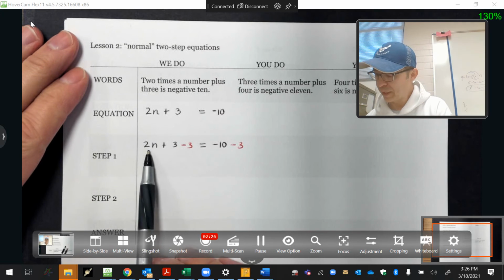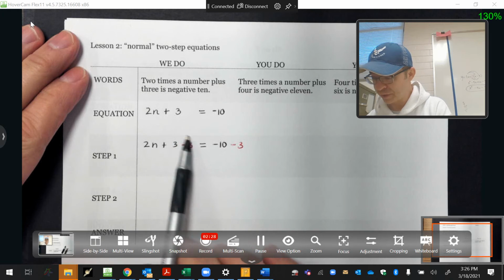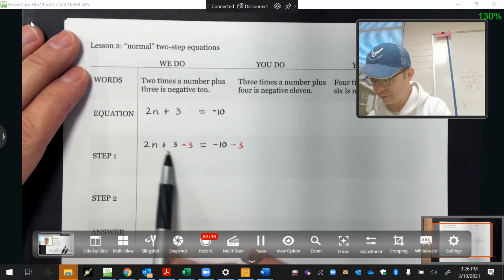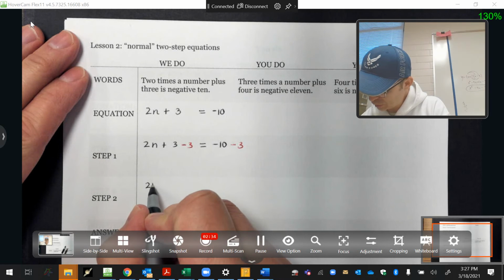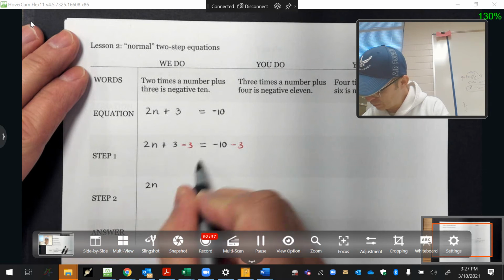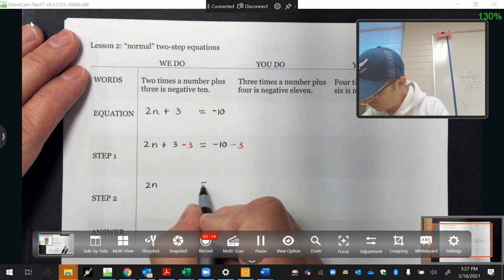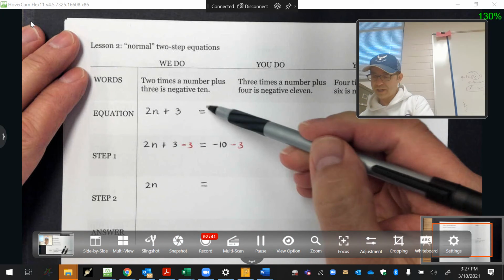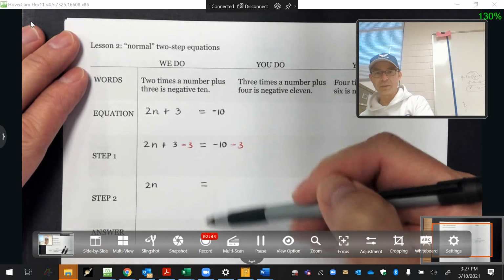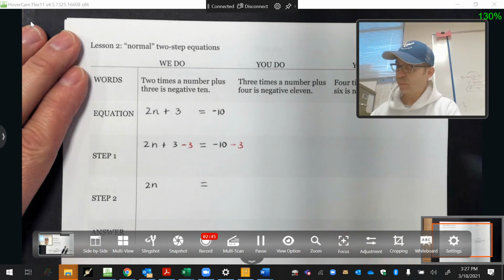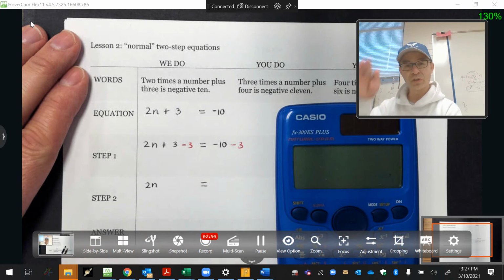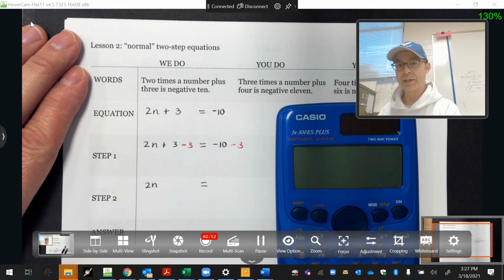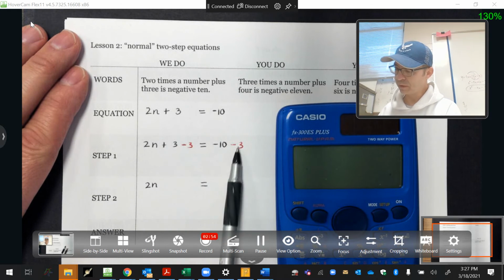Okay, so now we have 2 times n plus nothing, because this equals nothing. 0. So go ahead and write that. 2 times n plus nothing equal sign. I should have put a line down here for you so you could line up your equal sign. But I didn't, so you're just gonna have to do your best to make sure your equal signs line up. And then we got negative 10 minus 3, which is